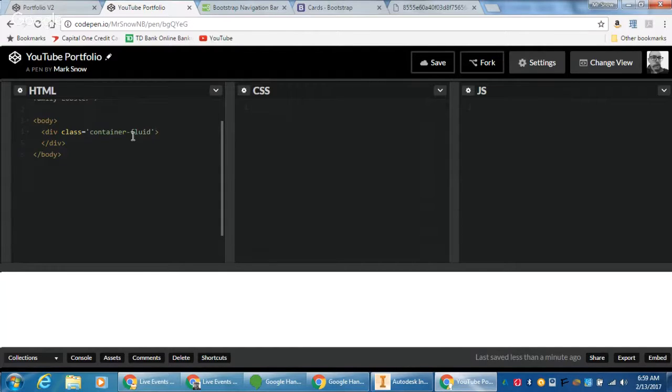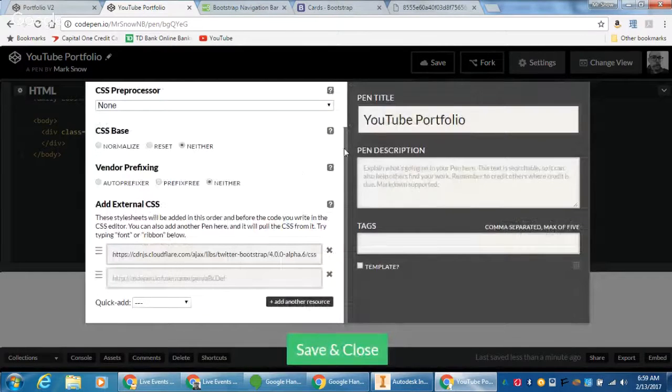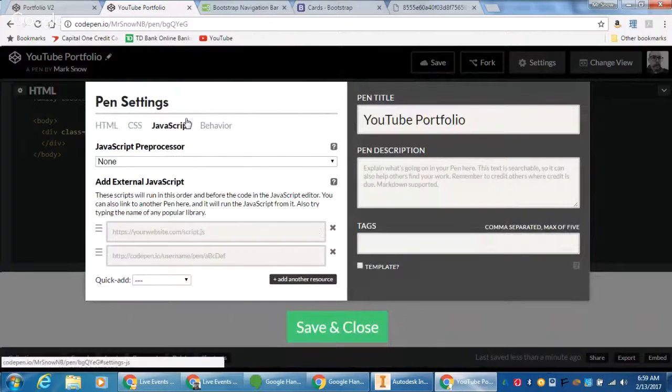The next thing I want to do is I just want to get a background and a navigation bar working before we get too far into anything else. So I have a body, all right, and I have a fluid container. Now, how do I put an image here? Now, there's a bunch of ways to put an image there, but I'm going to do it with a little bit of JavaScript and jQuery and CSS, and I'll show you how to get this done. So I'm going to go into settings again, and I'm going to go into, this time, JavaScript,